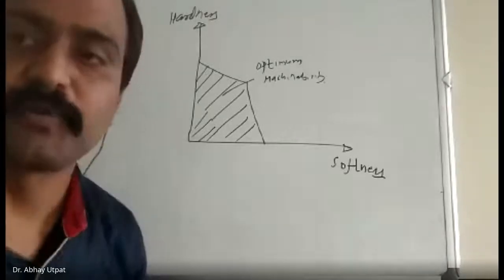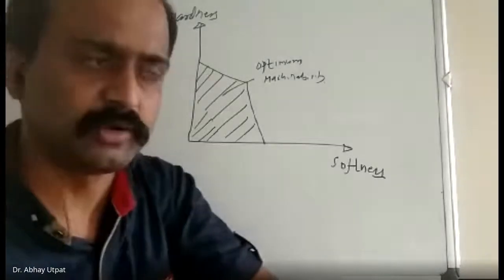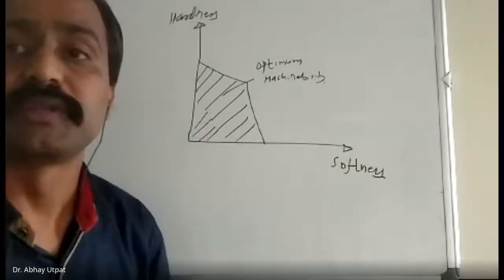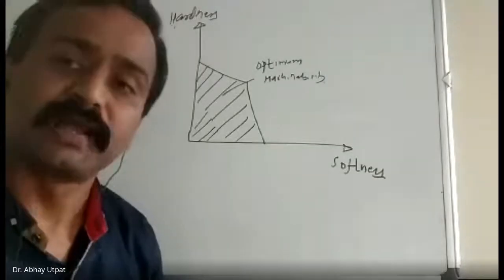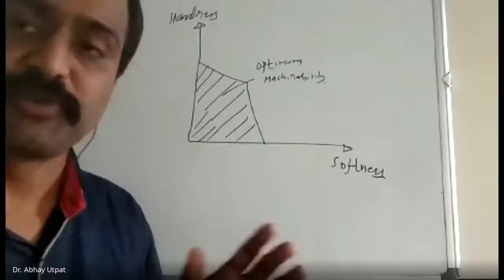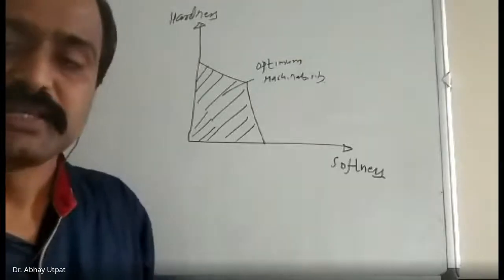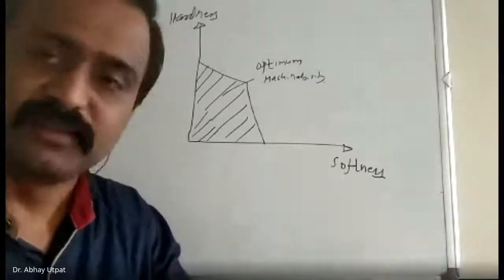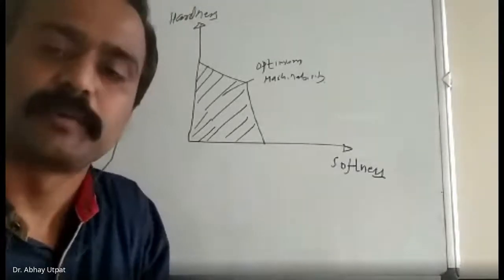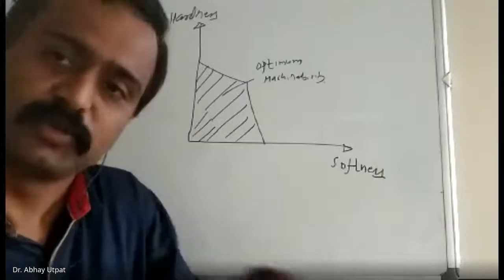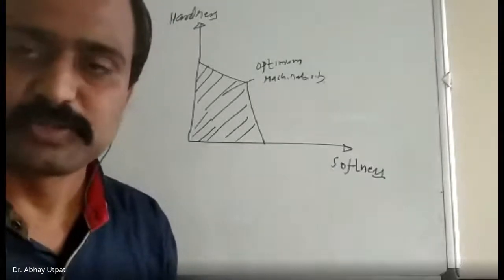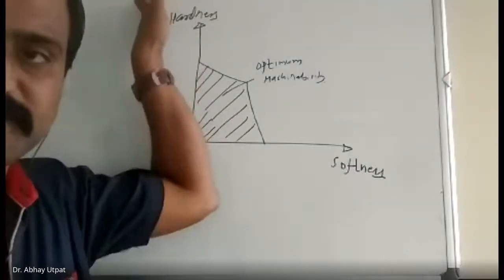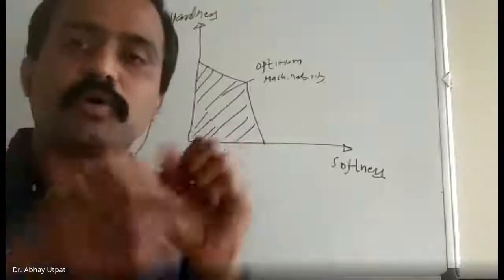That's why, check the second or third objective of full annealing: to increase the machinability of high carbon steel. High carbon steels are very hard and difficult to machine. If you want to machine it, carry out the heat treatment of full annealing, then a little softness will be achieved by compromising the hardness, and then you can machine it easily. So both ways: very soft steel, a little hardness is required. Very hard steel, a little softness is required, and you have to compromise it.